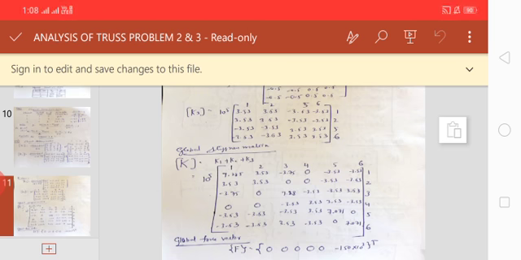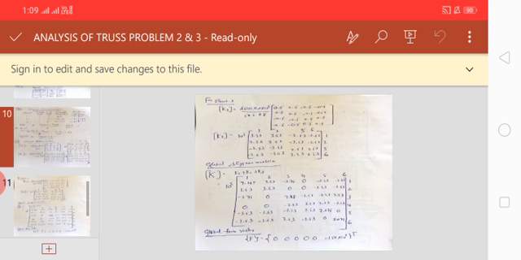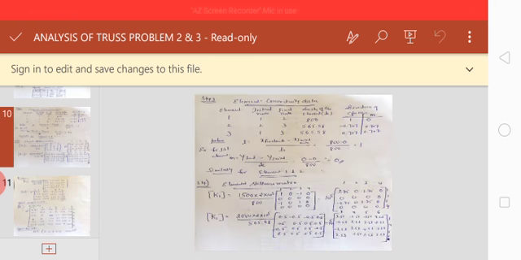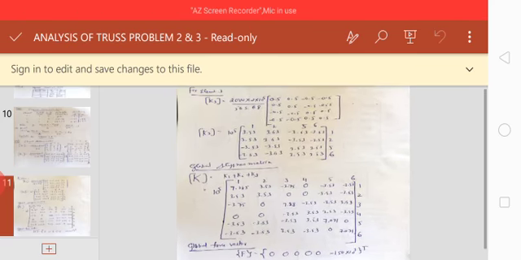Now inside the matrix, we keep adding the elements. Directly write 1 2 3 4 5 6 along the top and side. Now just add. For the first element, I have added everything here. For example, let's observe the table: where is my 1 cross 1? 1 cross 1 occurs in the first element stiffness matrix, that is 3.75. It is also situated in the third stiffness matrix.